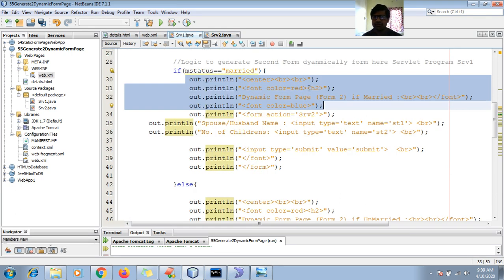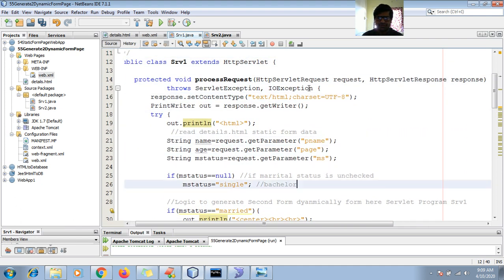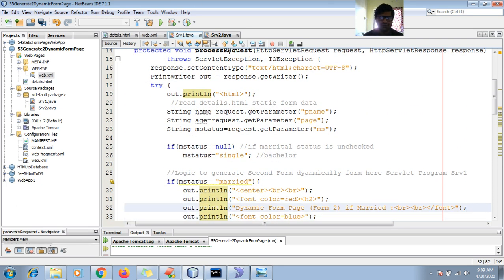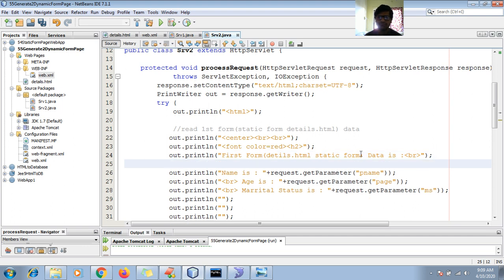Let me check here also, I configured the same. So here, ms, ph, pname, ph, done. Now I try to display, read, and so here I'm trying to display form 1 or request 1